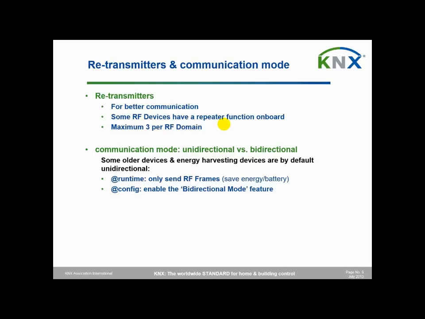Unidirectional means they can only send frames. So at runtime, these devices are indeed only able to send frames. That is in order to save energy or battery. Of course, in the case of energy harvesting, there is not even an external energy source. So by nature, or by default, they are indeed